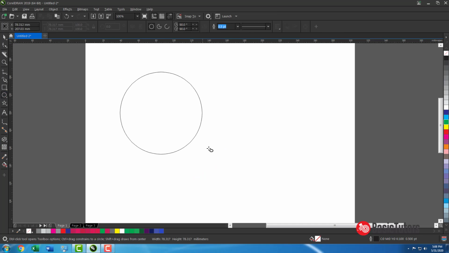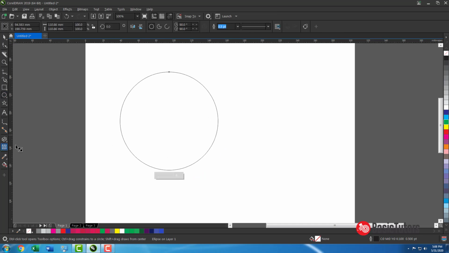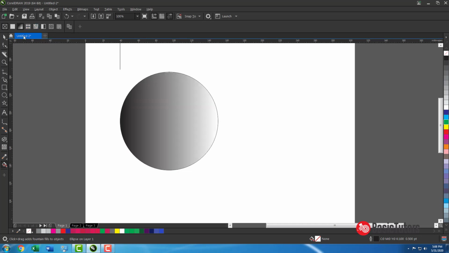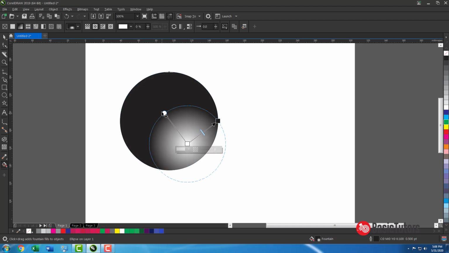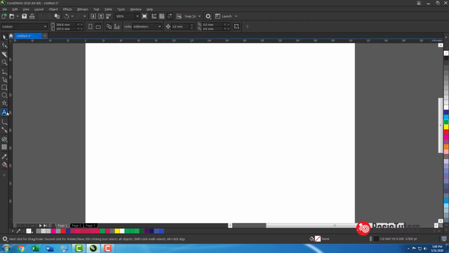Suppose I need this one in an elliptical manner. See, this one is for elliptical fountain fill, where the gradient goes in a circular motion. Okay, fine. The next one is conical.